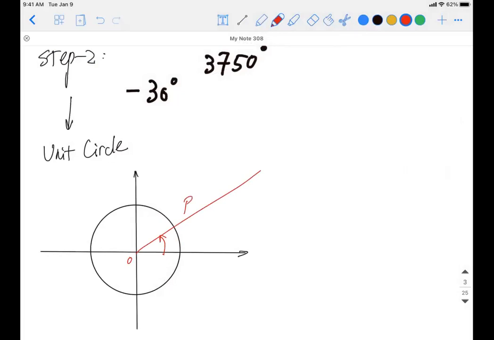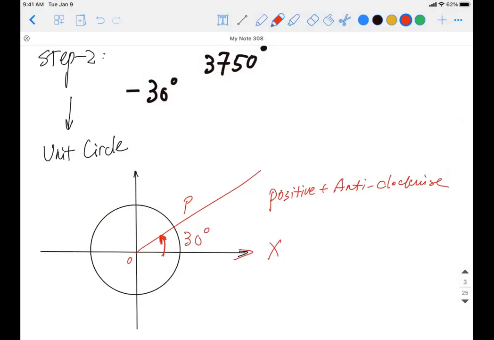I want to define the angle from the positive direction of the x-axis all the way anti-clockwise. We want to use such a way to define an angle. For instance, I have an angle here, and I want to say this is 30 degrees. Again, this is nothing but a definition and our mutual agreement. There's no reasoning. We just like to do it.